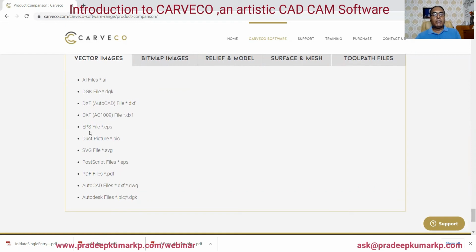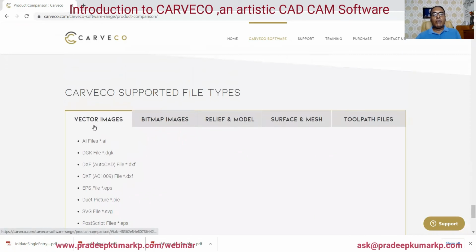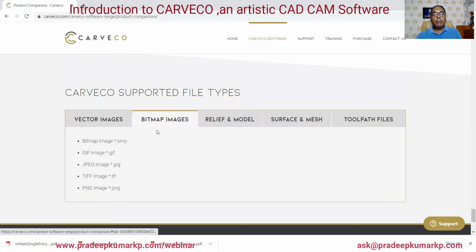DXF itself and EPS format of 2D vector are available. Also pictures, SVG files, PostScript files, PDF files, AutoCAD files in DXF format, and Autodesk files with PIC or star.dgk. So all these file formats in 2D vector are supported by Carco. And in bitmap images, we have .bmp, .gif, and JPG.